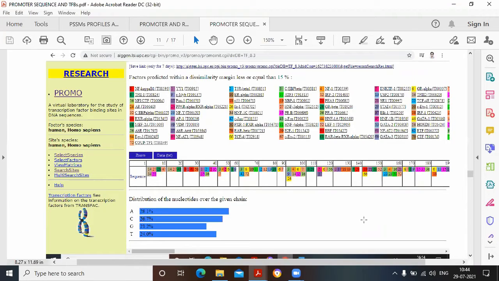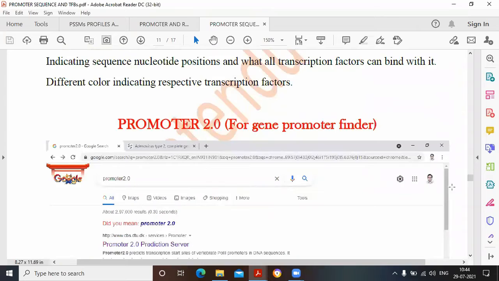So you can make your plan so that this transcriptional factor may not be able to bind there, and if you manage that, you can solve some particular problem in cancer research. So this is all about how we can find the transcriptional factor binding sites with respect to the mRNA sequence. And next, if you want to directly find just the promoter part,